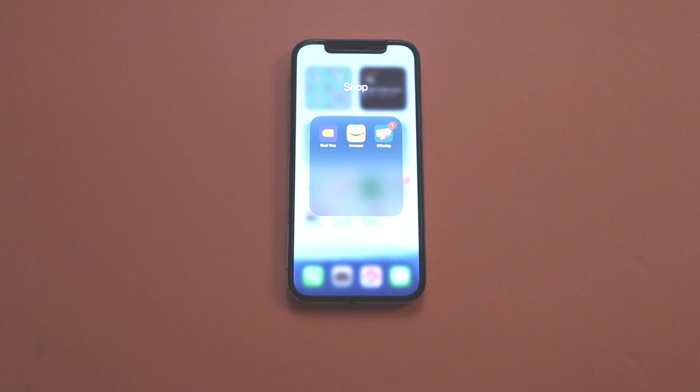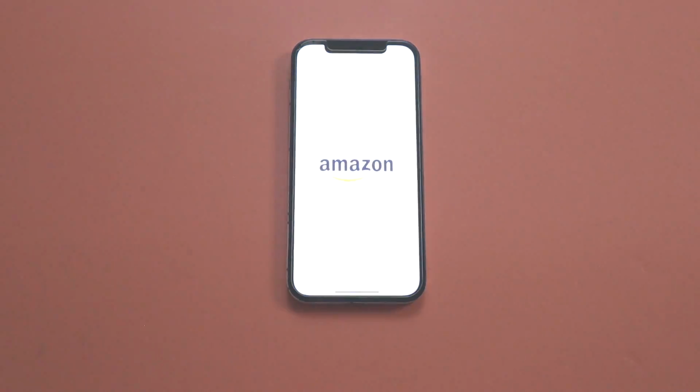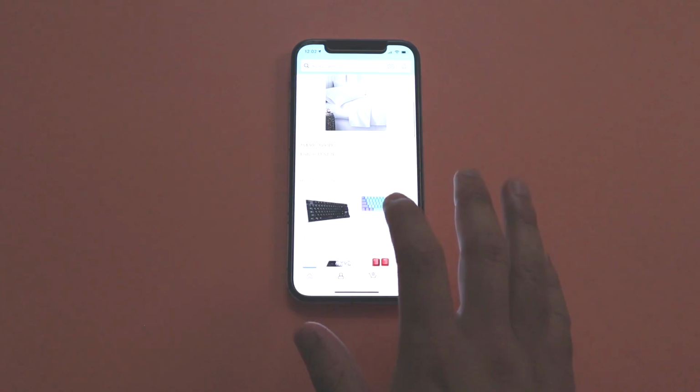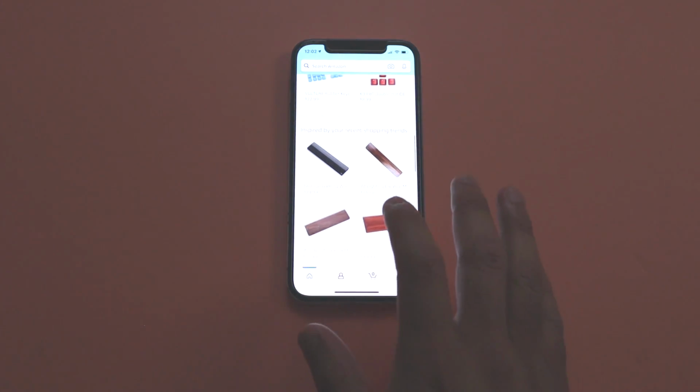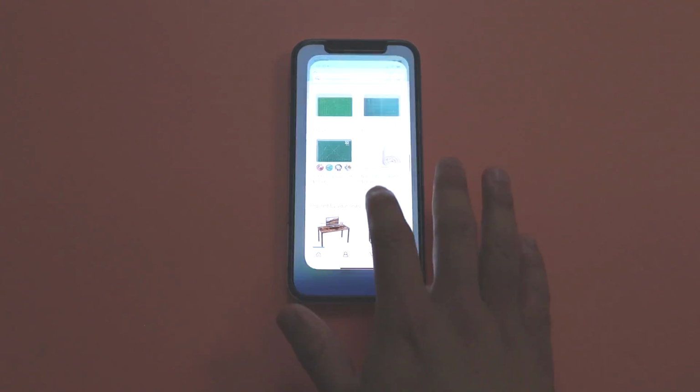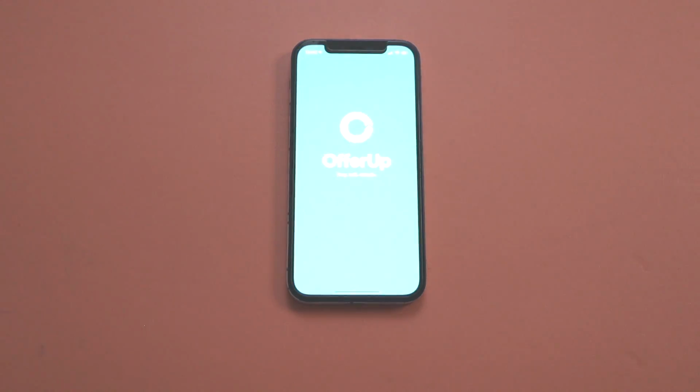I use Amazon for all of its accessories. And then I use OfferUp to really look around at what a piece of tech could actually cost used. Sometimes I sell my tech so that I can afford the newer tech. And then I go ahead and just rinse and repeat every 6 to 12 months whenever the newest tech is out. And lastly but not least are my 3 most used apps on the home screen, which are Safari, Photos,